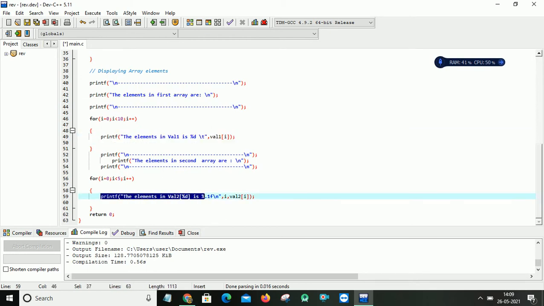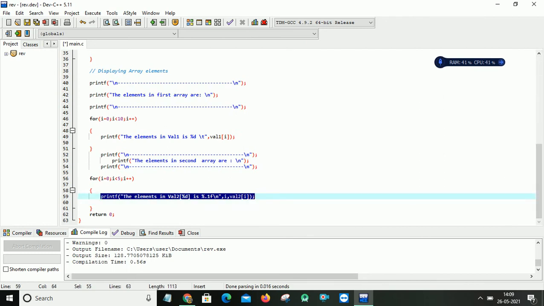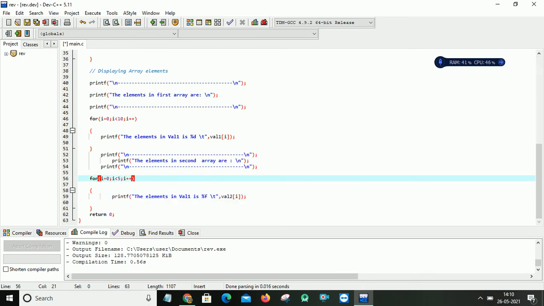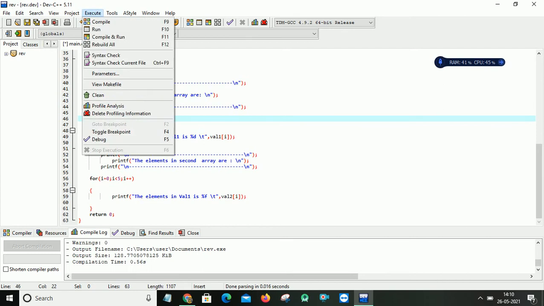I just copy paste the same printf statement here. Here I need to change two things. One is my array name, so that is val2, and the second thing is your second array is of type floating point. So I think you can understand what changes I made in this program. Now we'll see the output.